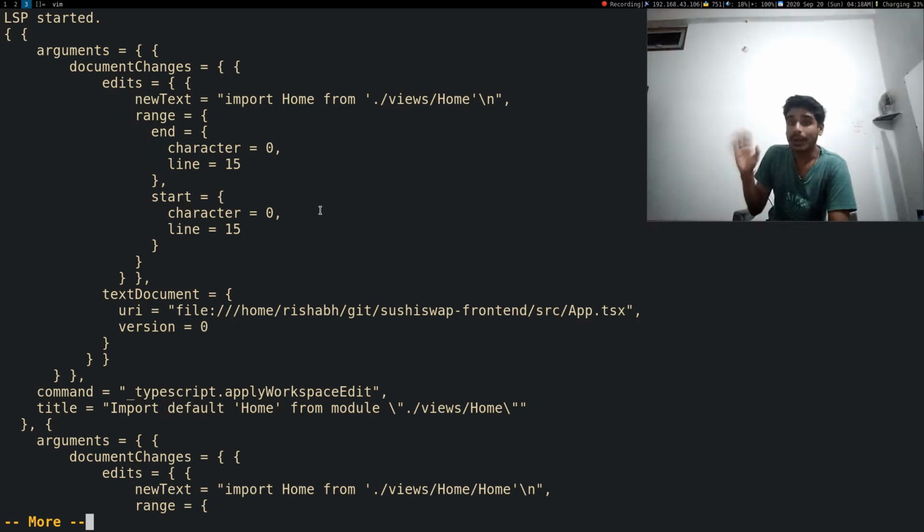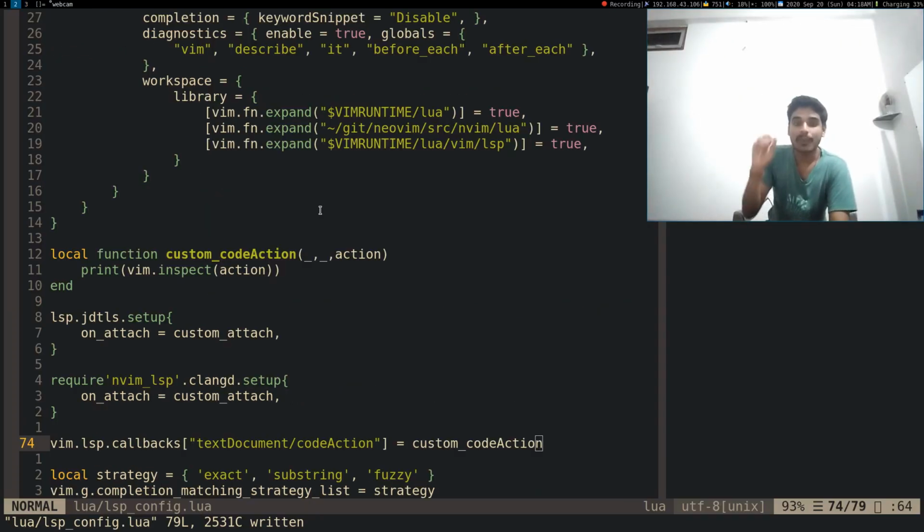So what we did is we just overrode the callback. That means every action that we map is a callback, and we can just override it. So Neovim provides you instant defaults. You can override them using this. You just write a function like that, and then you do vim.lsp.callbacks and give that function. And the next time